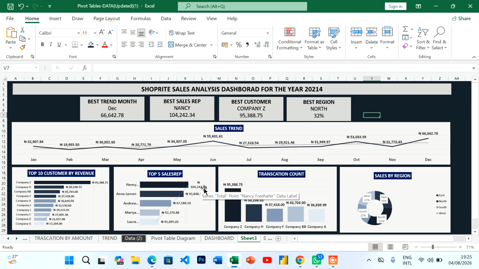Gather dashboards together, gather charts together to make a dashboard. Being an analyst is not just having a dashboard, it is being able to interpret that dashboard to the management, because you are one of the key staff in any company. As an analyst, you are one of the key decision makers in any organization, because you analyze data for them, interpret it for them, and let them know what the data is actually saying at that moment,